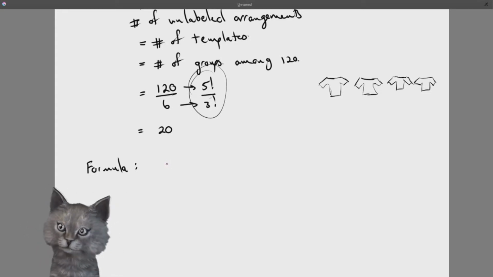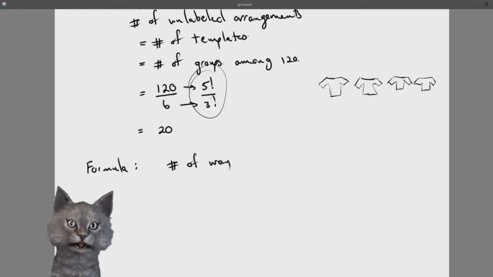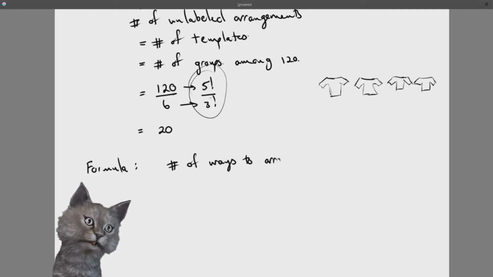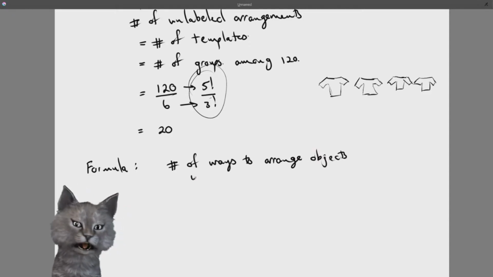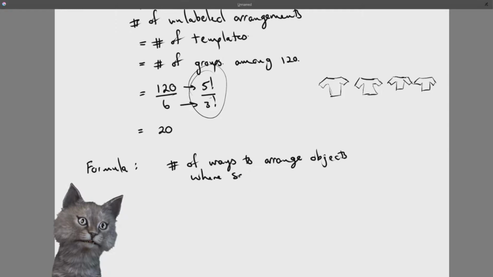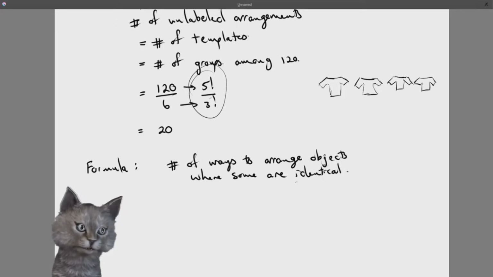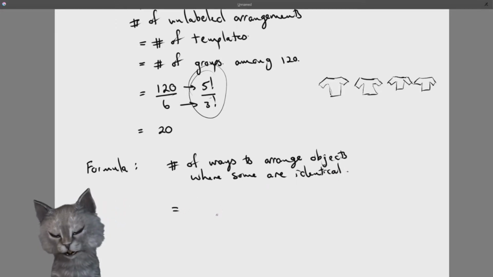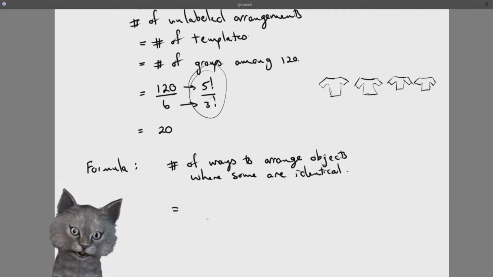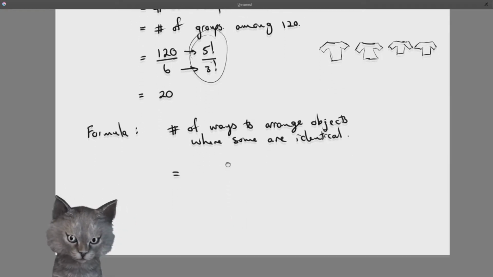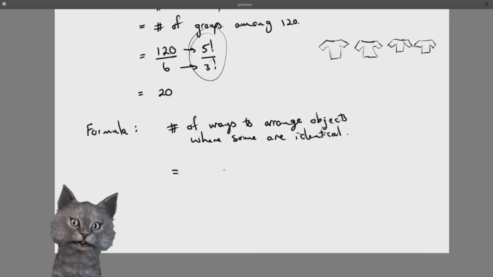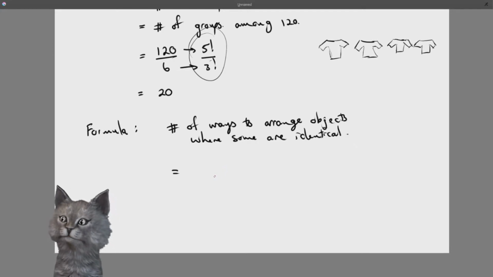No one else. So, the number of ways to arrange objects where some of them are identical. Again, don't follow mine. It's going to work for me. Other words could work for you. As long as you understand